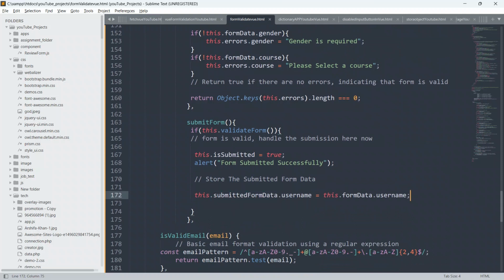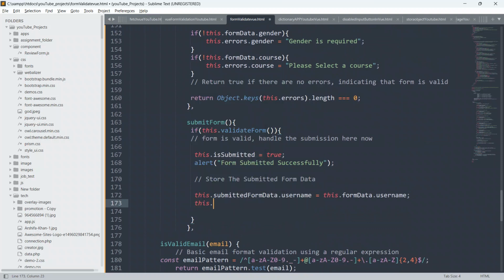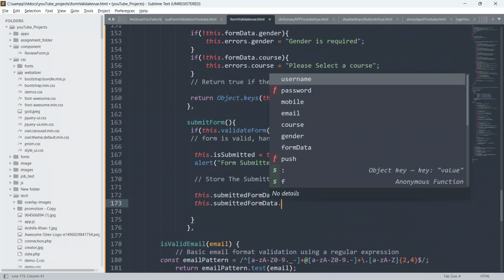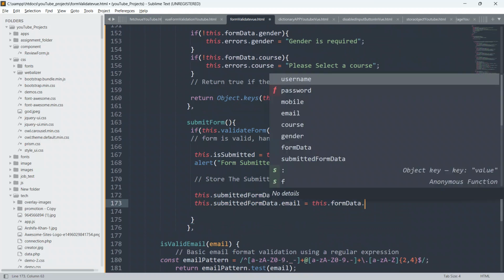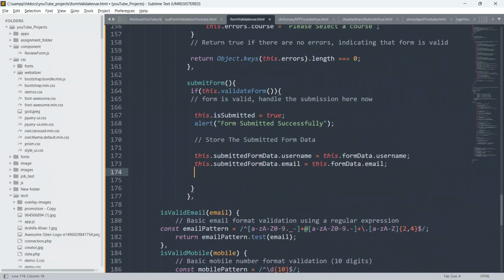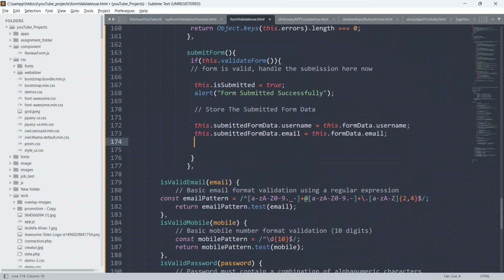Now again, this.submittedFormData.email equals this.formData.email, semicolon.